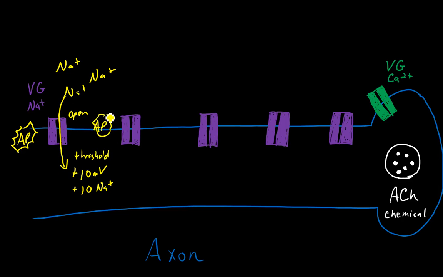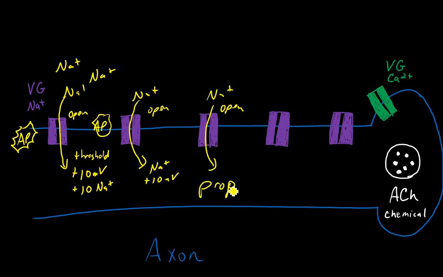Okay, now that's the important part. An action potential opens these gates, allowing sodium in. It's the sodium that then creates the next action potential, which then has the effect of opening up the next gate. Once this action potential opens up the next gate, sodium is now allowed to travel into the cell through that next gate. Once enough sodium has influxed into the cell to change the overall charge to a positive 10, that then opens up our next channel. And this is what is called propagation